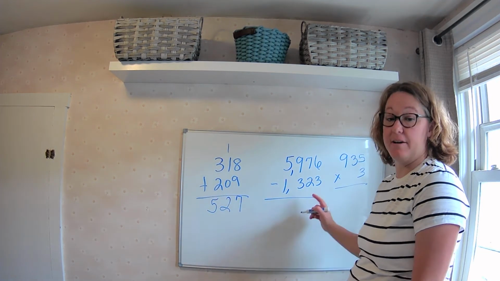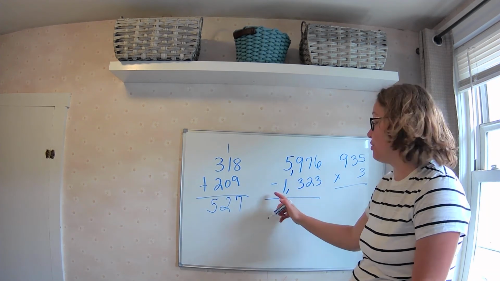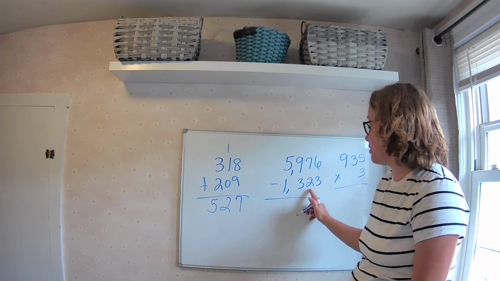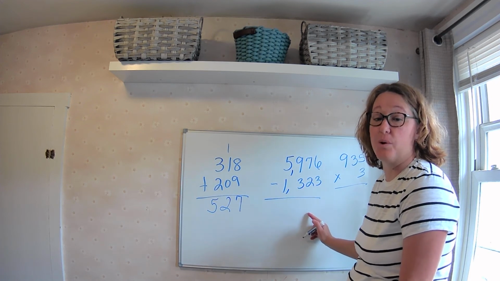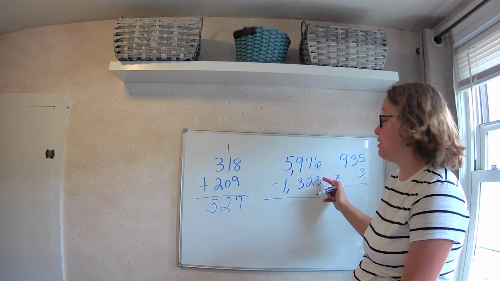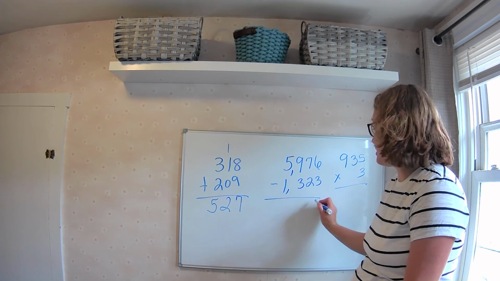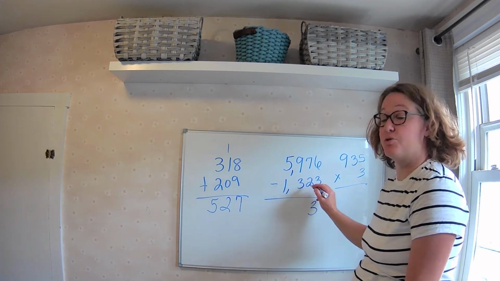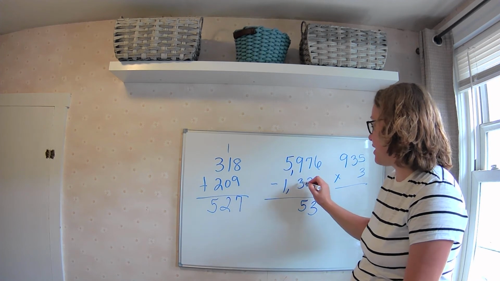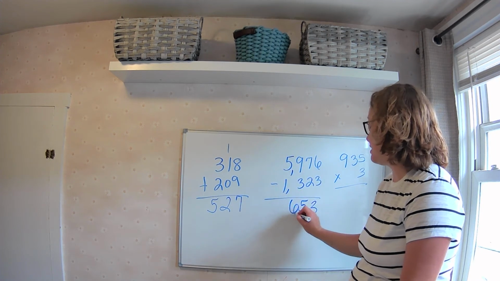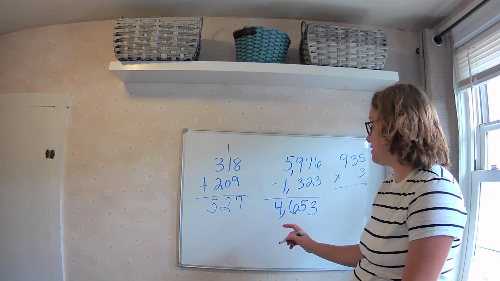All right, here we have 5,976 as a minuend. We're going to subtract 1,323. We will get a difference. Again, we'll start with the ones column. So we have 6 subtract 3. What do you have? 6 subtract 3? That's right, that is 3. 7 subtract 2. Very good. 5. 9 subtract 3, which is 6. 5 subtract 1 gives me 4. The difference is